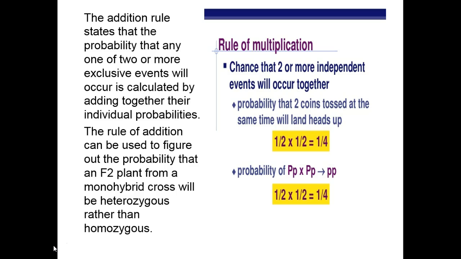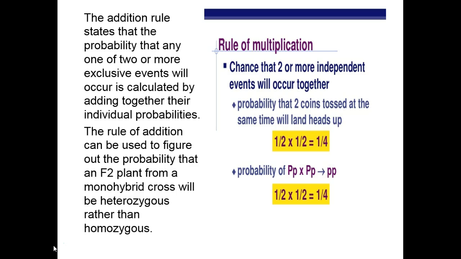But what you do is you have this rule of multiplication. This rule of multiplication is the predictor that two or more independent events will occur together. And so the probability that two coins tossed at the same time will land heads up is 25%, a quarter. So you have one coin toss 50-50 or 1/2, second coin toss 50-50 or 1/2. You multiply those by each other and you get the probability that the two being tossed at the same time